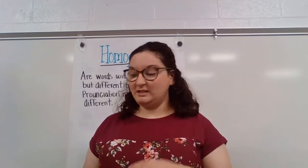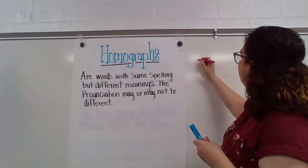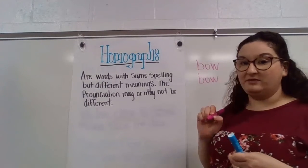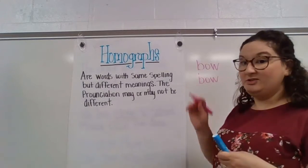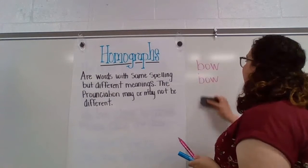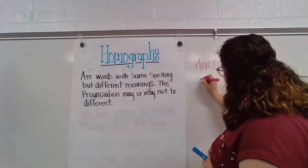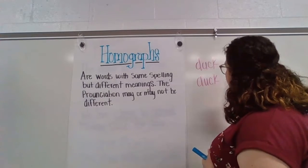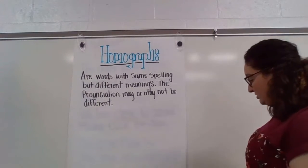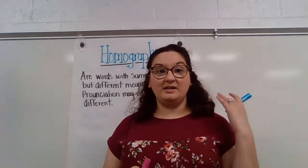So for instance, last week, or Tuesday, we had the word bow. They are spelled the same, but this word is pronounced differently. We have bow that goes in your hair, and we have bow, like you're going to bow to someone. Okay? And then you had the word duck. This one was spelled the same, and it was pronounced the same, but you have duck like the animal, or duck like something is going to hit you. Okay, so sometimes they are pronounced differently, but the main thing is, guys, they are spelled the same,